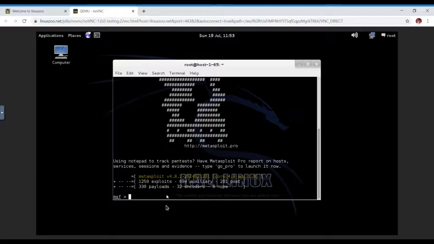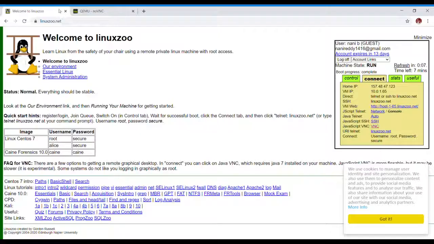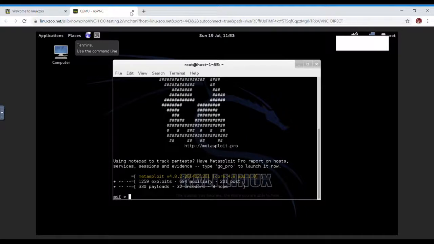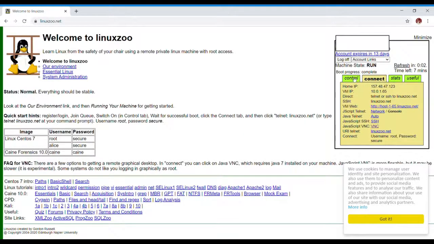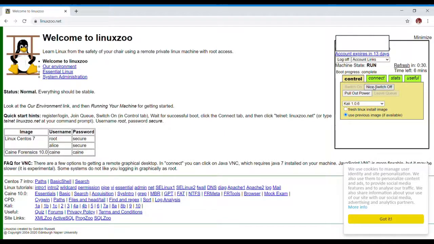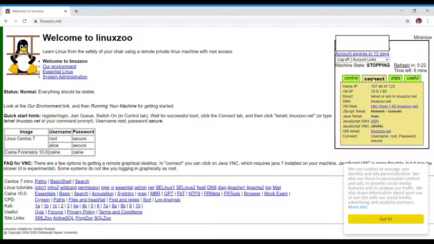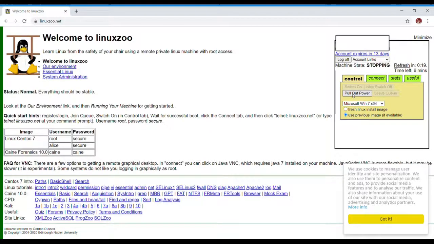So that's it. Not only Kali Linux, you can do anything, like wait, I'll show. I will switch this off, click on switch off and power off. Then click on this arrow and select Windows. You can select anything. So I'm connecting Windows here. You need to first power off, and once you select this, click on switch on, continue, switch on,